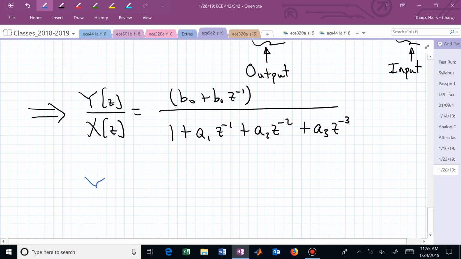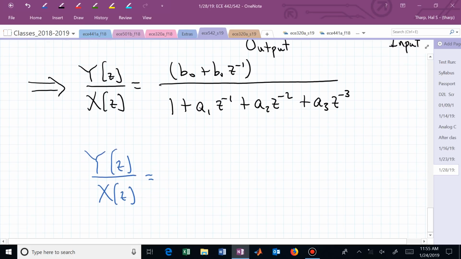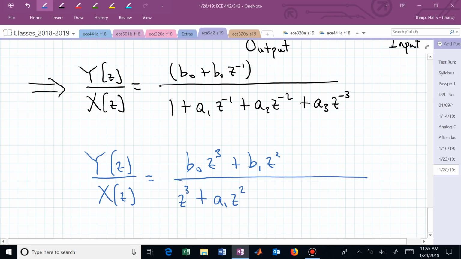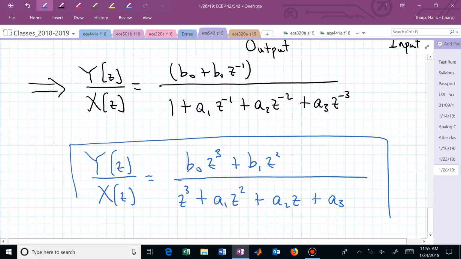In so doing we end up with the same ratio, Y of z over X of z, being the same as b sub 0 z cubed plus b1 z squared all over, whoops, we said we're multiplying it by z cubed, so we have z cubed plus a1 z squared plus a sub 2 z plus a sub 3. There is now our transfer function that we found